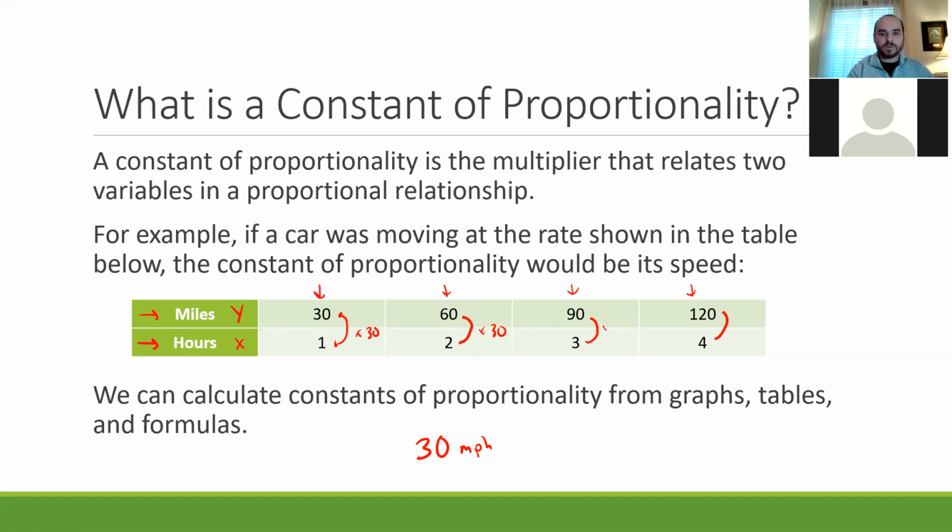So if we had a table that wasn't a proportional relationship, why wouldn't the constant of proportionality work? Can anybody tell me? Does anybody have an idea? Because it's not equal. Right. So if we had one that wasn't the same, like let's say the next point was 130 to 5. If we tried to multiply this by 30 again, it's not going to work, right? 5 times 30 is 150, not 130. So if your relationship is not direct variation or directly proportional, then there is no constant of proportionality. So this only works for direct variation and